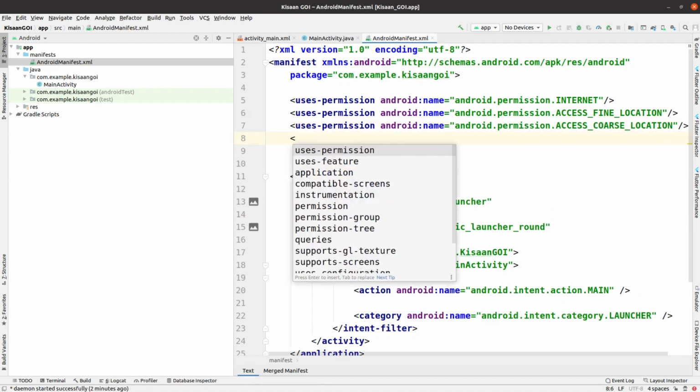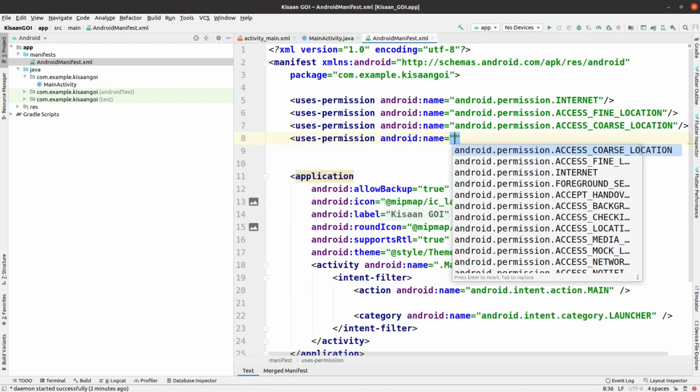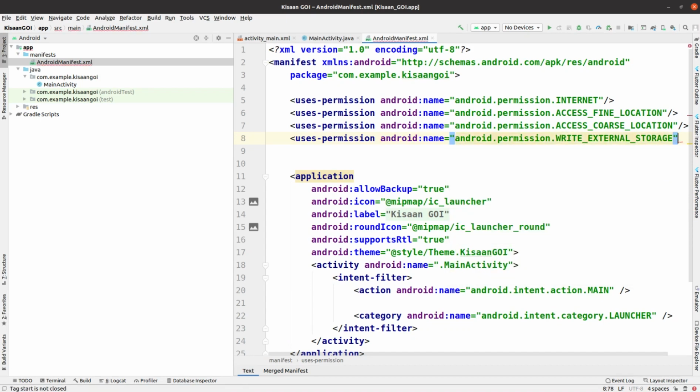Afterwards one more permission is needed. Let me see within this suggestion box what it is. I think it is write external storage, then close it. The permissions are added successfully.